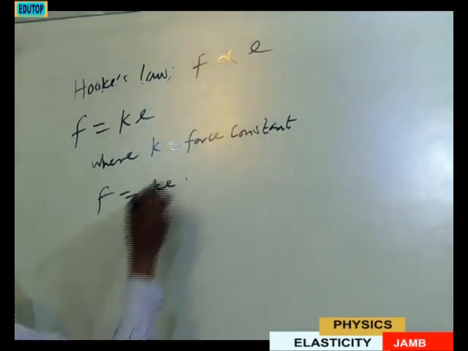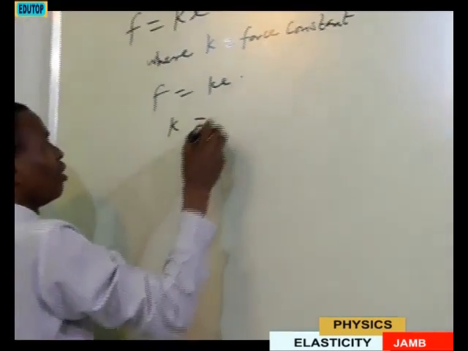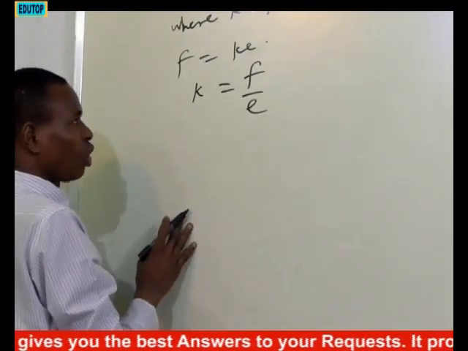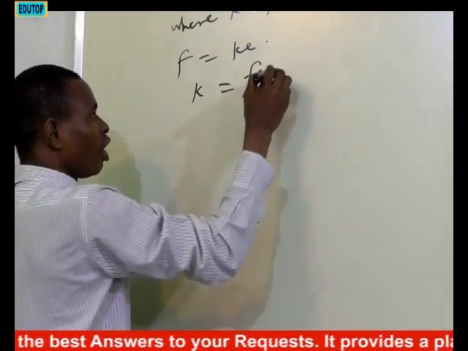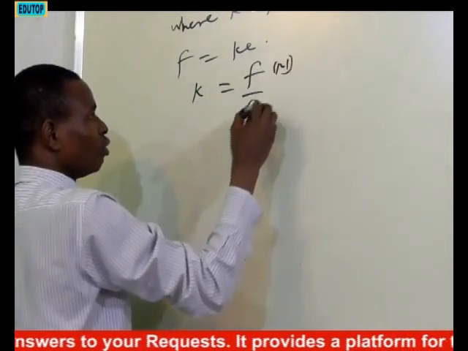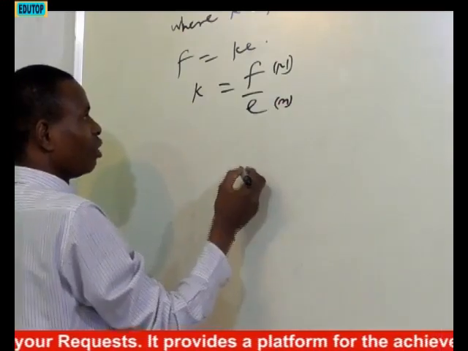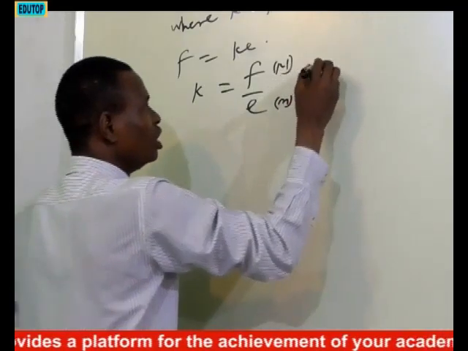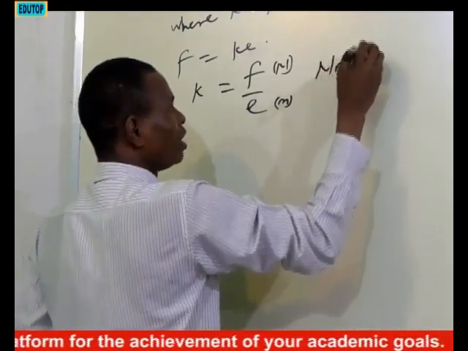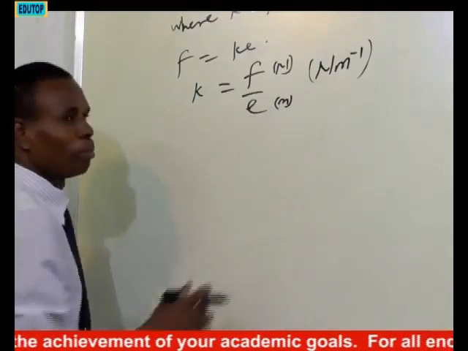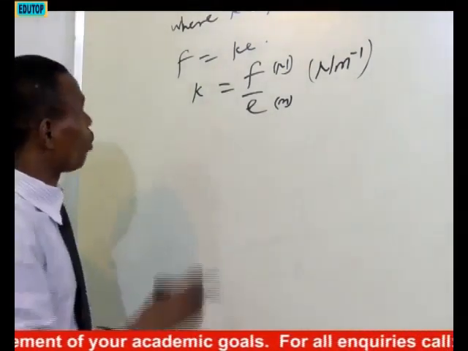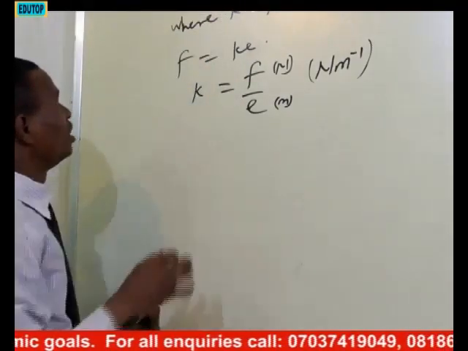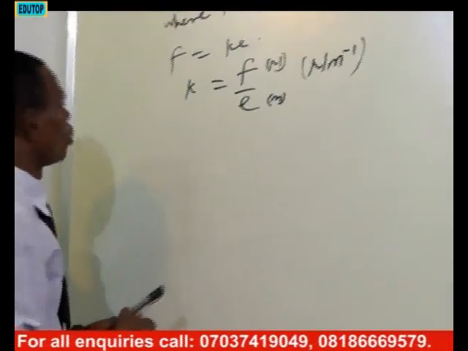F is equal to Ke, so K is F over E. What is the unit of force constant? Force is in Newton, extension is in meter, so the unit of K is Newton per meter. We are going to consider questions to apply this relation. Question number